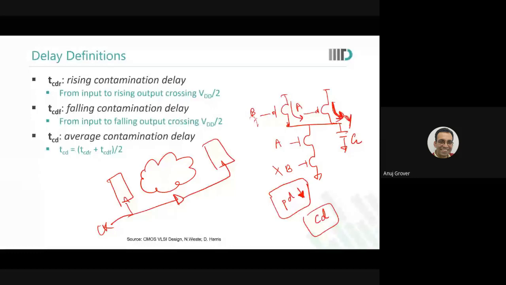So now imagine that this clock had some delay D, and this combinational logic had a delay capital D. So what happens? You gave a clock to the first flop. The earlier output was settled here. So when the clock comes over here, it would latch its earlier input, and when the clock reaches after delay D to this place, it latches the earlier output of this combinational logic. Are you with me?